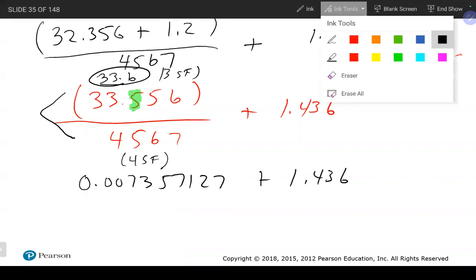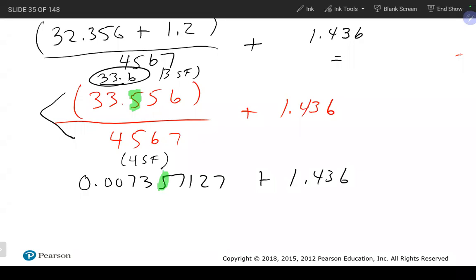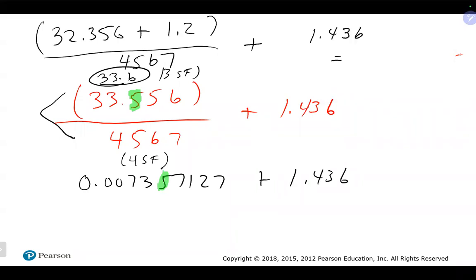But before I do that, again, we want to keep track of what we're doing. So we just said we should end up with 3 significant figures, which would take me to which number here? It would take me to the 5 here, right? And once again, we would technically round up at that point. And that's important because the last thing I'm doing here is actually adding. So if you wanted to, we could round it up here and we would actually be taking